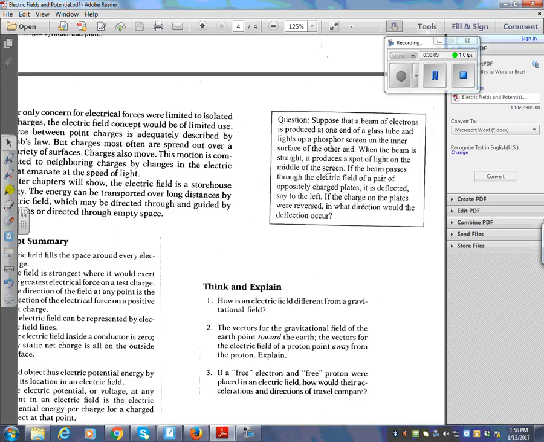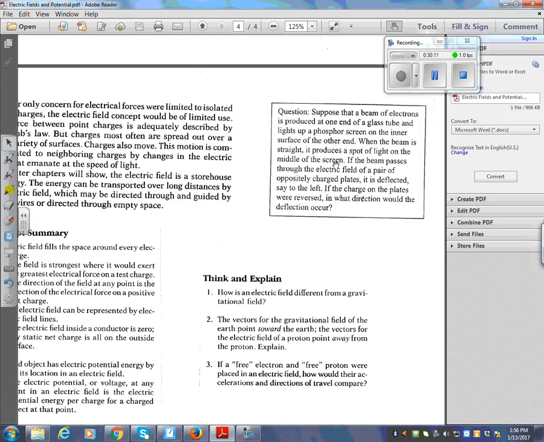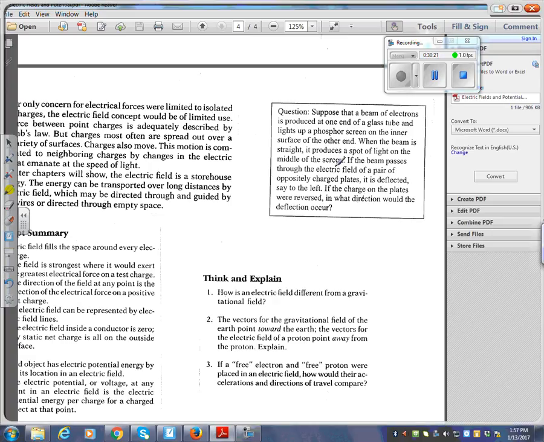This little square over here in the right-hand corner. Suppose that a beam of electrons is produced at one end of a glass tube and lights up a phosphor screen on the inner surface at the other end. So we've got a glass tube. It's kind of firing out electrons, right? And there's a screen at this end here, and on the inside of the screen there's a coating of phosphorus. And phosphorus, when it's struck by an electron, will glow. It'll glow just like a white light. Okay? Now,